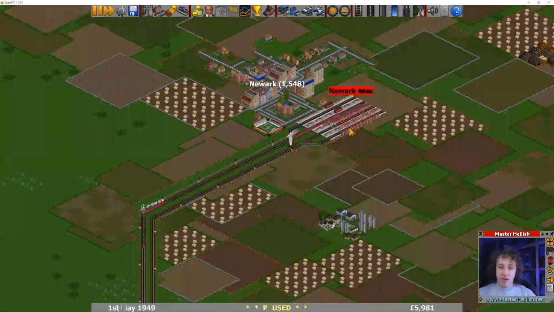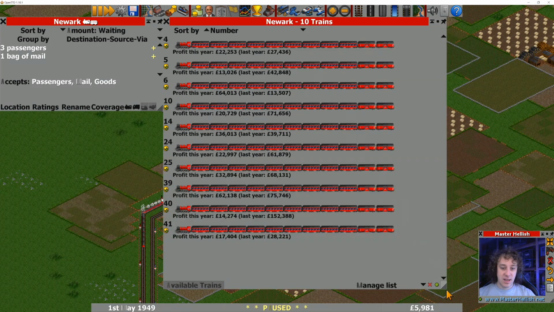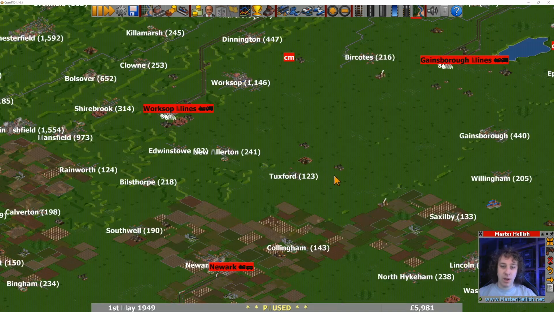Now, the passenger network down here is not doing too bad, actually. If we look at the trains down here, we can see that last year they made anywhere from between 152,000 down to 13,000. So there's quite a spread of different income values, but they pretty much average out the same, and ones that did particularly well last year are not necessarily doing particularly well this year, and I think that's mainly due to cargo distribution on that main line,